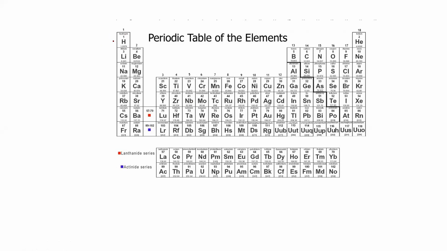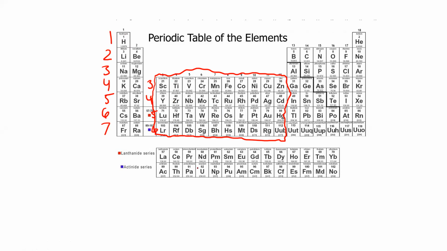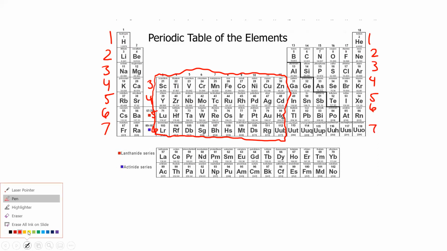Okay, periodic table. On the main group, it's 1, 2, 3, 4, 5, 6, 7. In the D block here, this is going to be annoying. I know. This is 3, 4, 5, 6, because they are one less than the primary group. And back to the primary group, 1, 2, 3, 4, 5, 6, 7. So again, just as a reminder,